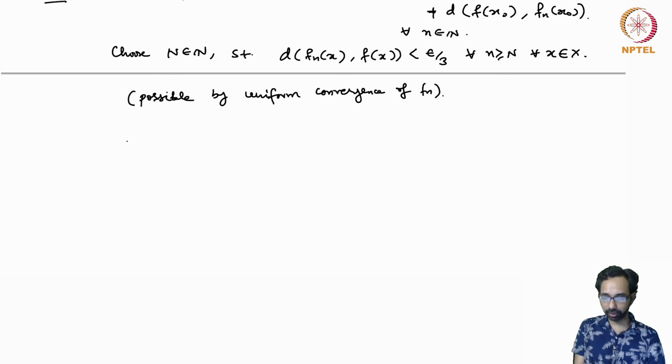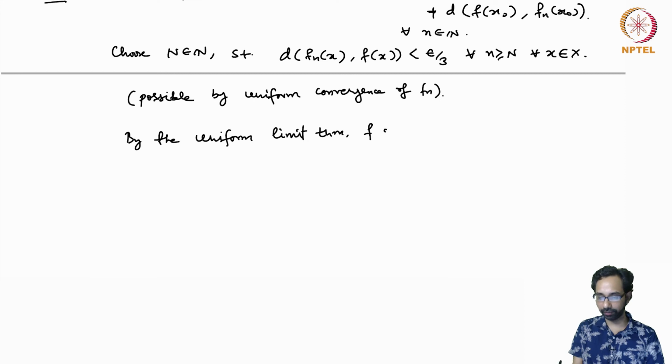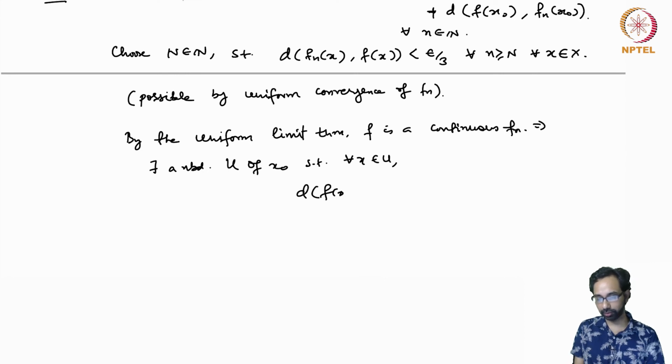And now, let us keep this in mind, and we can choose, by the uniform limit theorem, which we saw earlier, F is a continuous function. So this implies that there exists a neighborhood U of x0 such that for all x in U, we have that the distance between f(x) and f(x0) is less than epsilon by 3. And therefore,